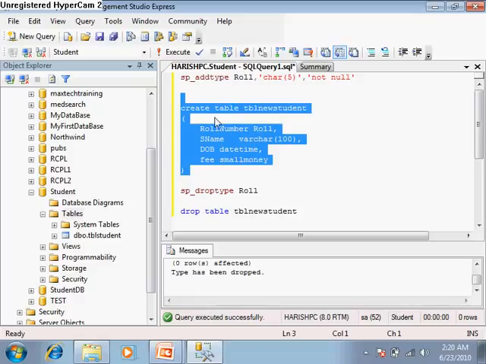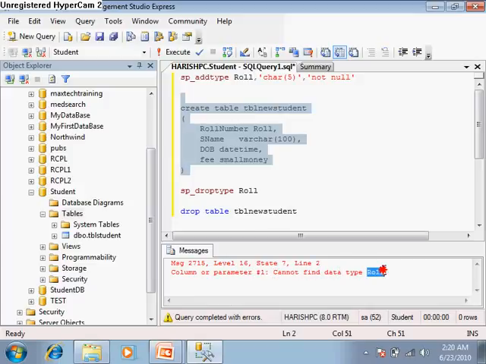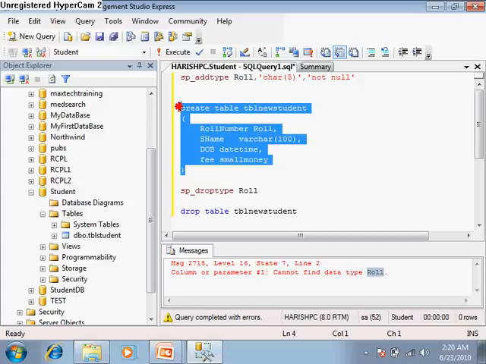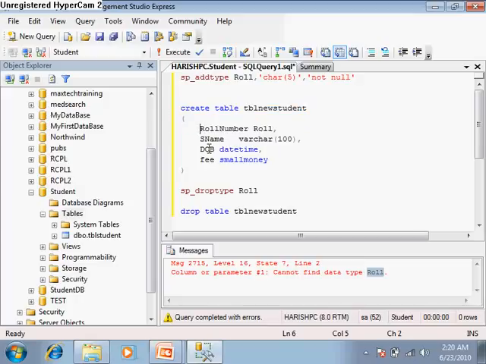And if you try to create this table once again, here is an error: column or parameter cannot find data type row, because the role is dropped. So here is how we can create data types in our SQL server, how we can drop these data types, and how we can use them. So I just put in some comments over there,